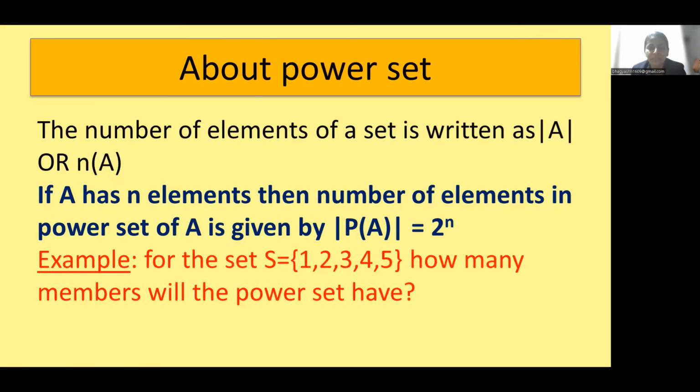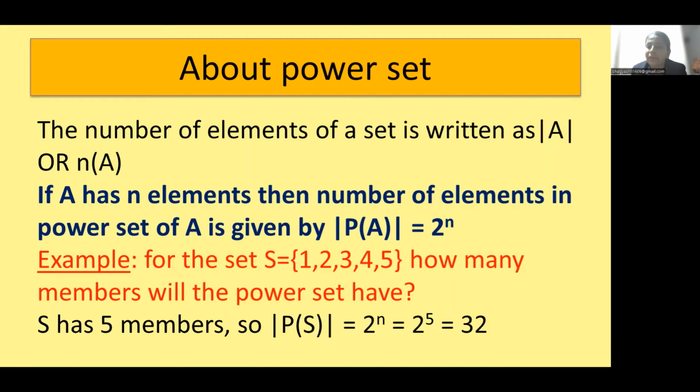Okay, for example, for a set S is equal to {1, 2, 3, 4, 5}, S हा एक जर सेट घेतला आपण त्याच्यामध्ये 1 2 3 4 5 एलिमेंट आहेत, तर पॉवर सेट मध्ये किती एलिमेंट असतील, तर 2 raised to 5 एवढी एलिमेंट असतील, म्हणजे 32 एलिमेंट असतील P of S मध्ये. ओके,